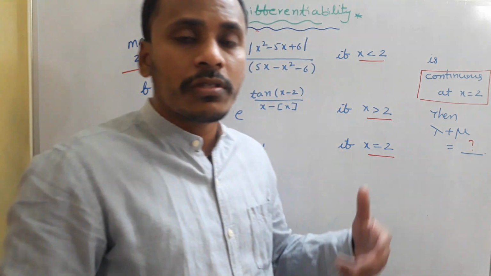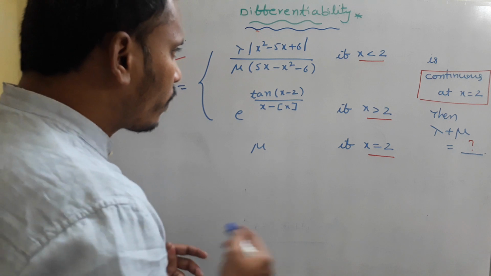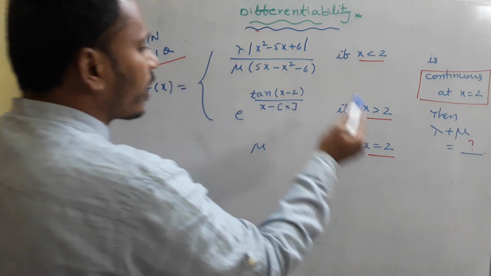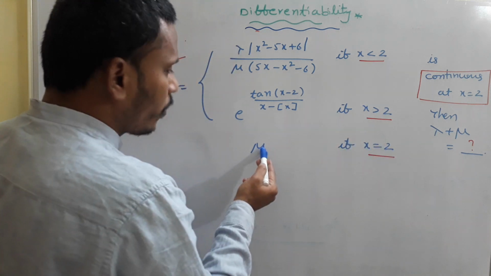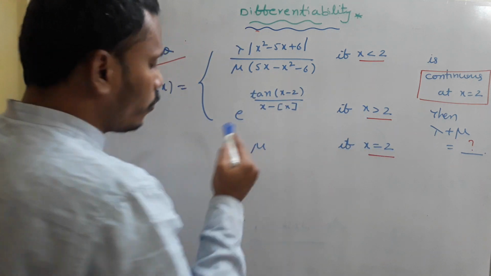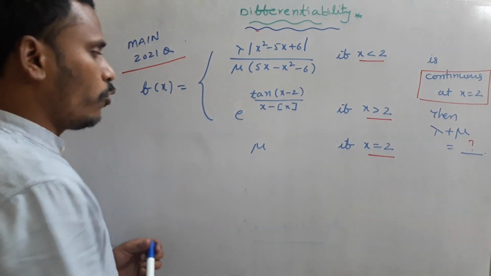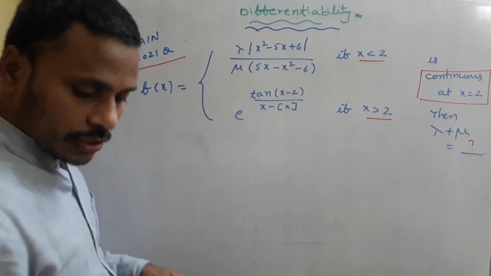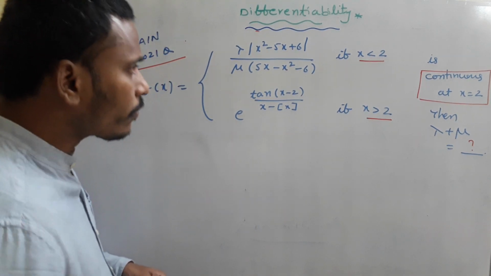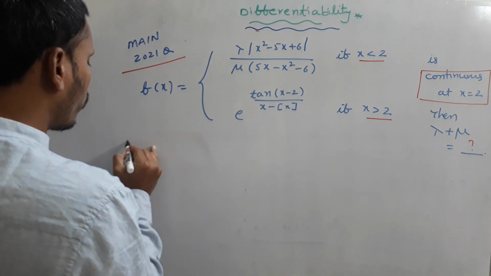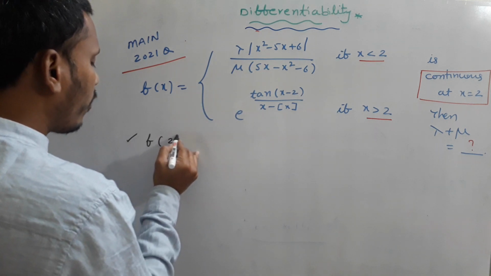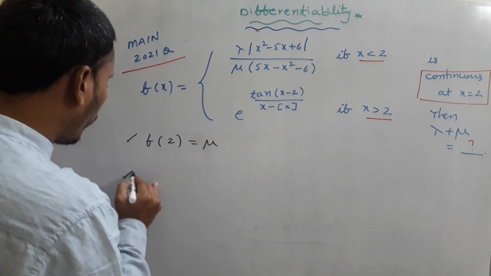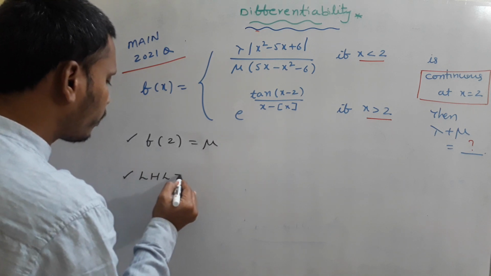We did many problems in the same way. I am going to solve this. First of all, I am just thinking about the functional value. f of x at x equals 2 is just mu. So f of 2 value is mu. I am just erasing this for the space concern. As per the definition given in the problem, since f is continuous at x equals 2, functional value f of 2 is nothing but mu. So after this functional value, we need to calculate the left hand limit.